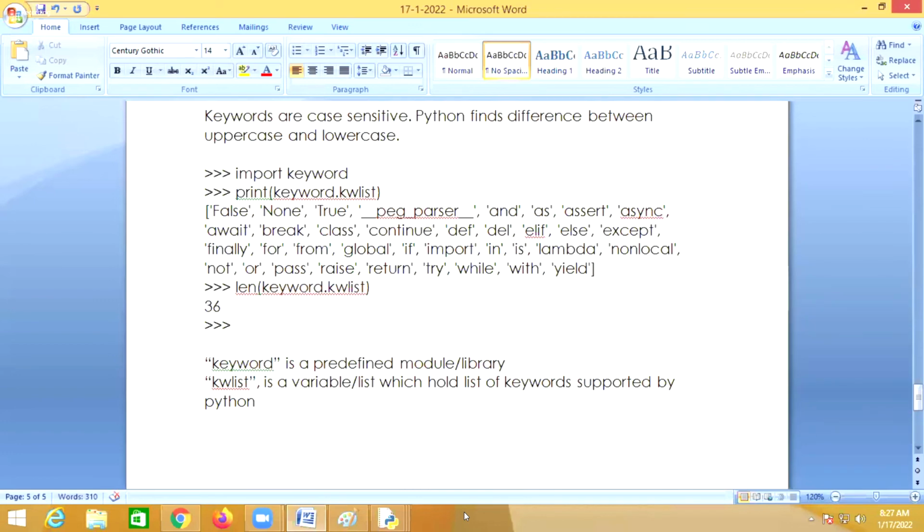So here Python 3.9 supports 36 keywords. Python 3.9 version supports 36 keywords.